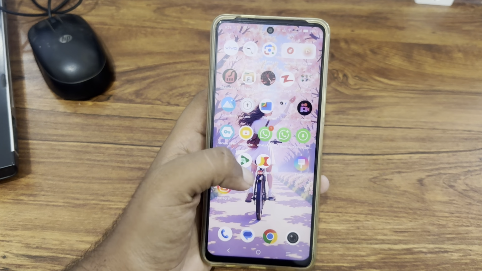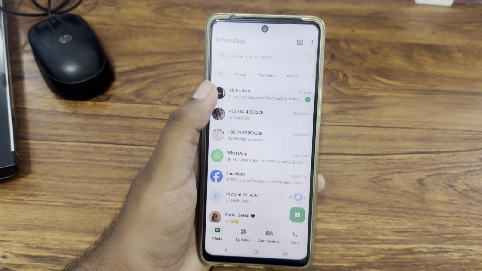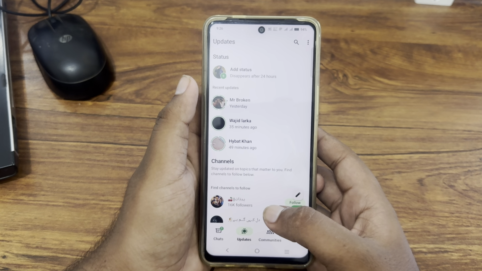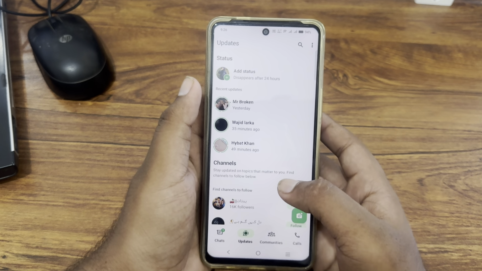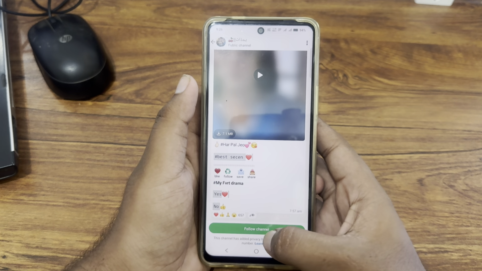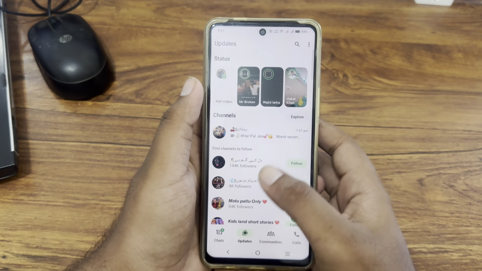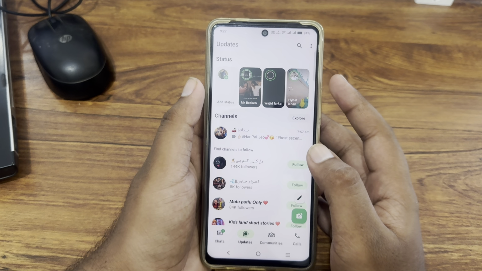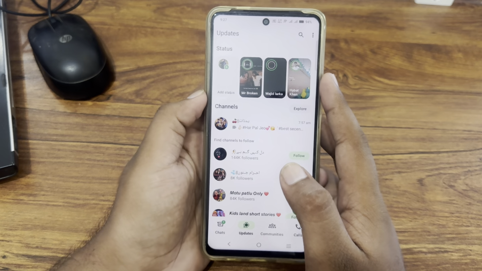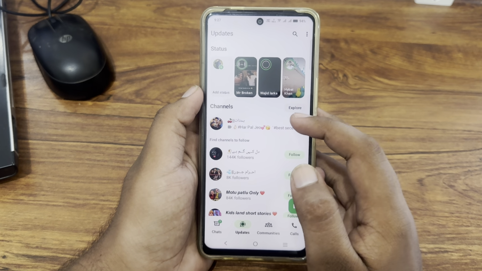First, open your WhatsApp app, and after that go to updates, and here you just have to see if you have followed anyone's channel. As you can see, I have followed this one, so now I can see my WhatsApp status like this. And now I want to get them back, and so you just have to open your subscribed channel,